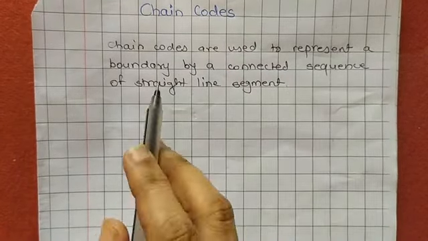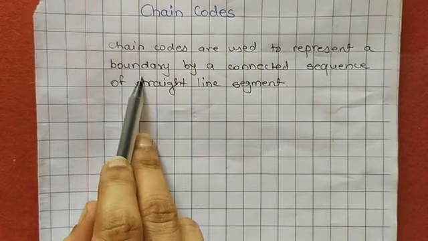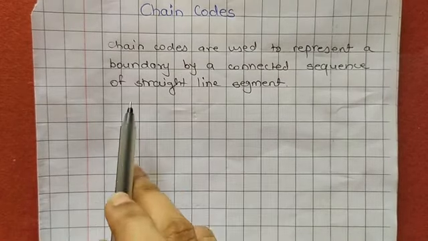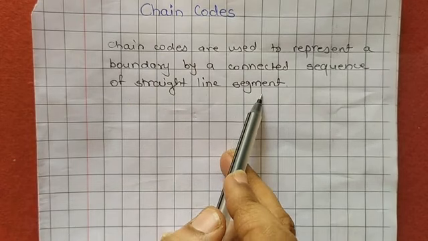So chain codes are generally used to represent a boundary by a connected sequence of straight line segments, and